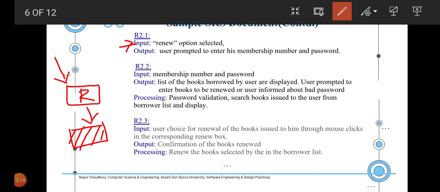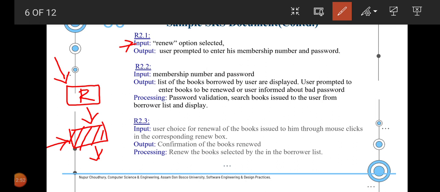This ending point of your R.2.1 will serve as the starting point of R.2.2, where you have to mention your ID and password, membership number and password as the input to the prompt that has been generated by the R.2.1, and the output will be the list of books that is borrowed by the user.